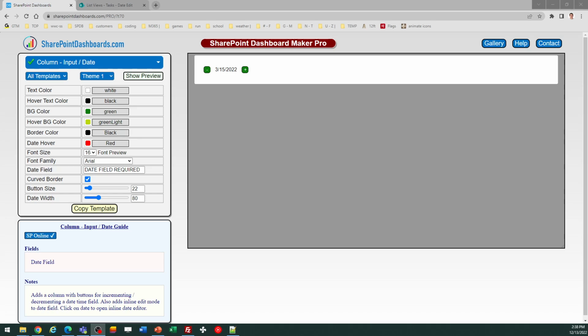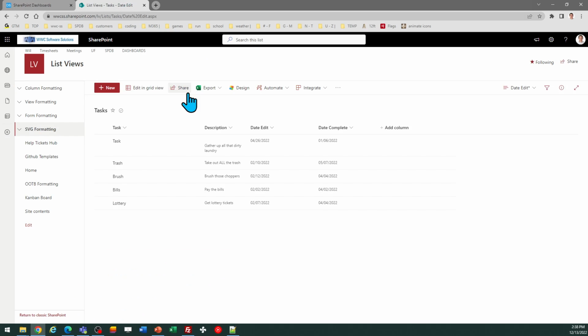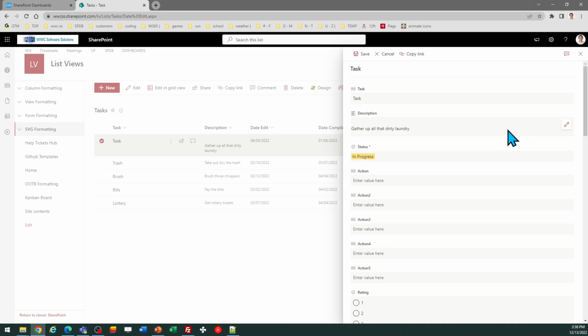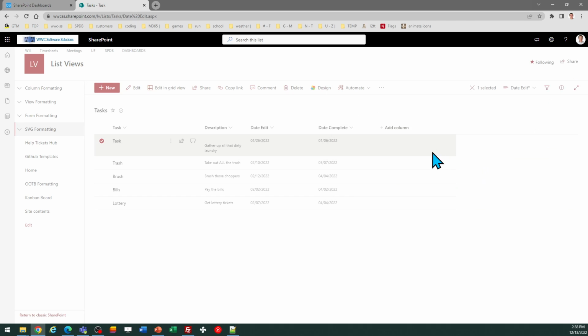This is the date input template at SharePoint-dashboards.com. This template allows users to update the date inline, either by clicking on the date or clicking on simple plus minus buttons that appear directly in the SharePoint interface. So what this lets you do is take a simple date field, which normally you could only update in the form mode by clicking on edit for the item, and instead be able to do that directly from the list